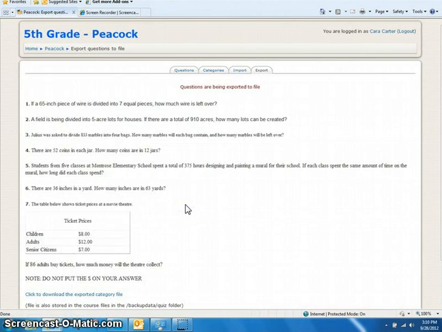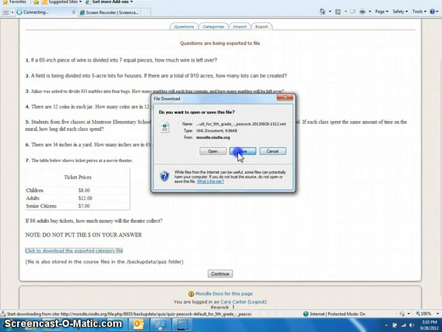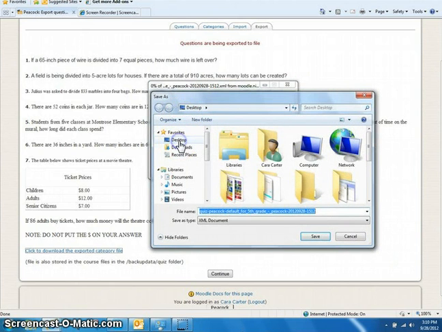I'm going to export the questions to file, and it will show me exactly which questions it's exporting. So there's 7 questions, just like it had in parentheses. And now this is where everybody's tempted to click on download, or continue. Before you do that, you need to download the exported category file. So I'm going to save this to my desktop